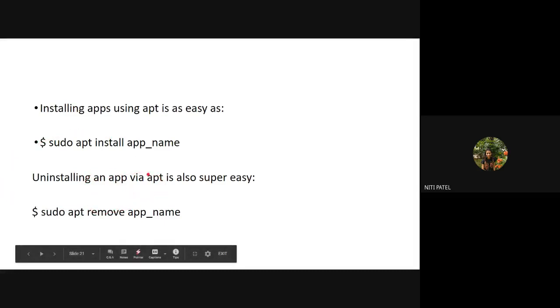If it is command based, we use the command sudo apt remove app name. So again, why sudo? If you give sudo, it will ask you for the password before it removes. If you do not write sudo, it will directly remove. It will not ask you for the password. So install will add that particular application and remove will delete that particular application.